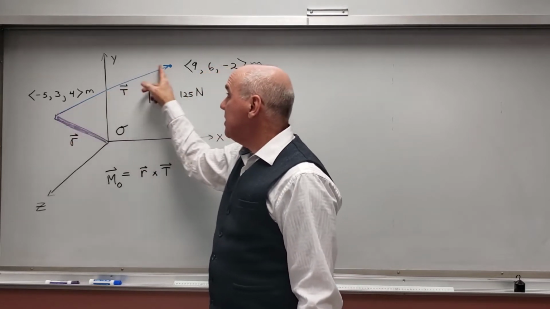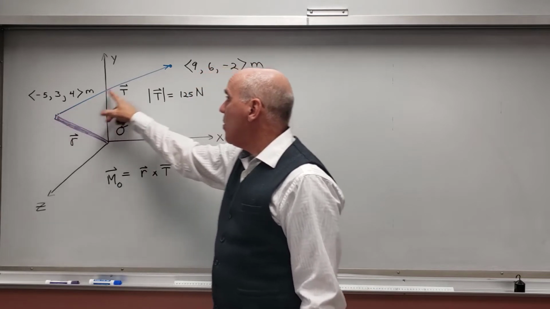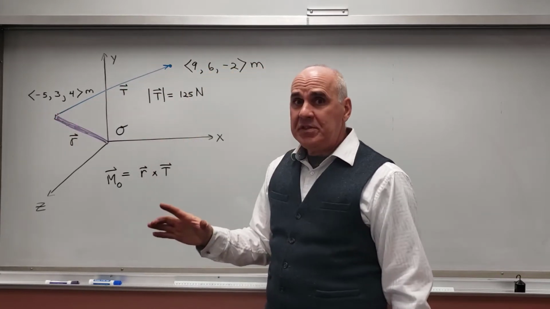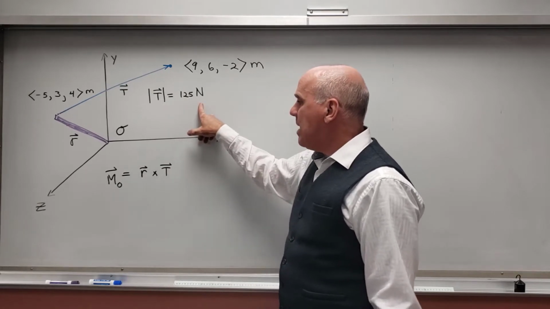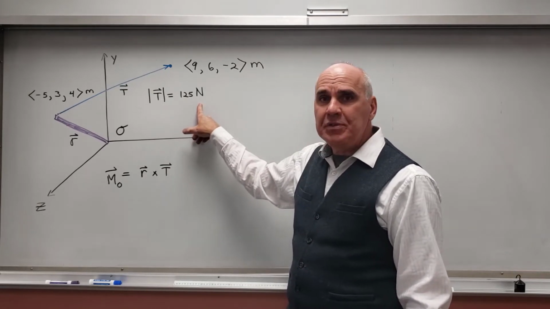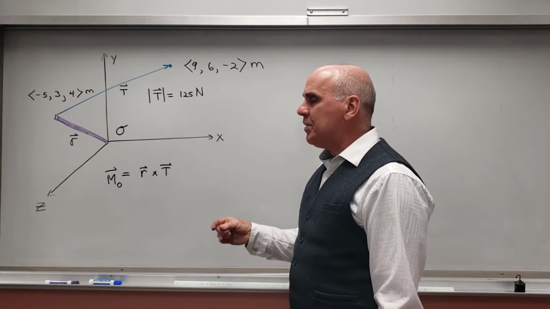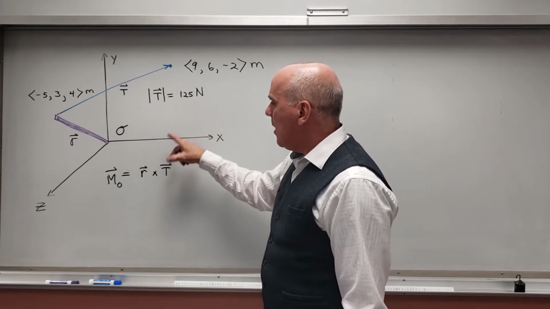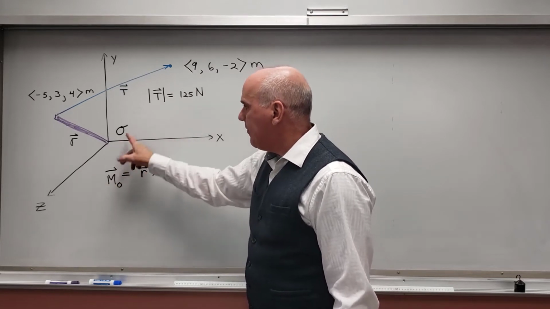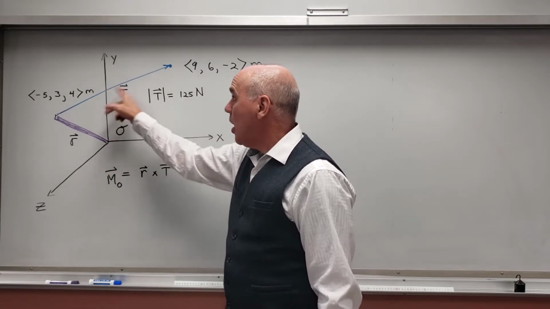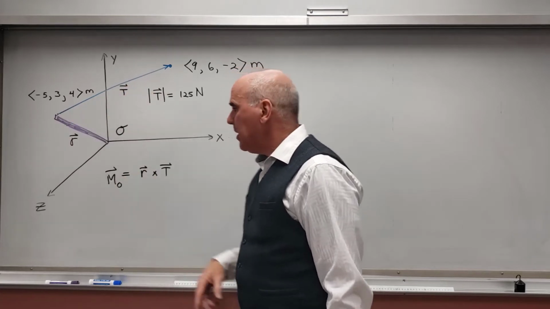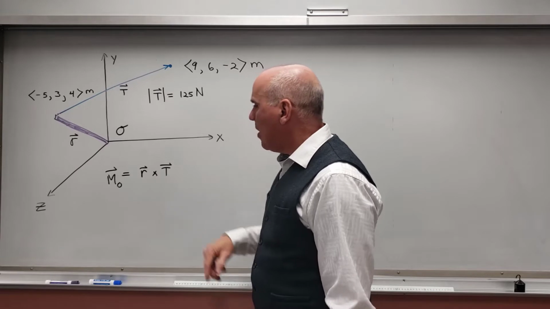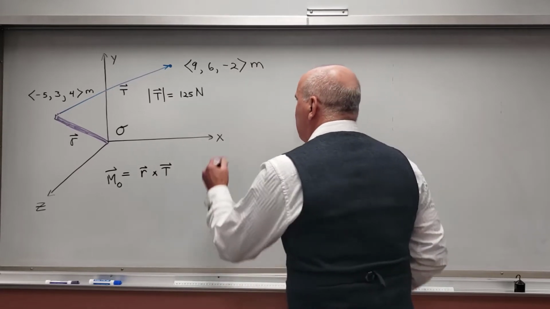Right? So the tension in this cord extends from this point to this point, both of them fixed in space, and I'm going to say it has a magnitude of 125 newtons. And what I want to do is calculate the moment about O. I want to find the moment about the origin caused by this tension. And so what I'm going to do is take the moment is equal to r cross T. And so the moment about O